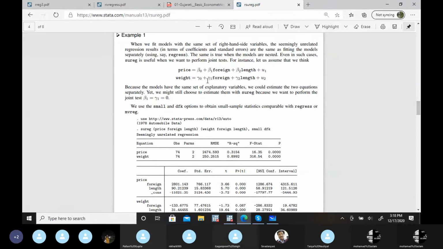So it's not a case of endogeneity, or of covariance between the dependent variable and the residual term. So we don't have to worry about this biasedness and all. So we can apply some other methods. You can simply run the regressions, but